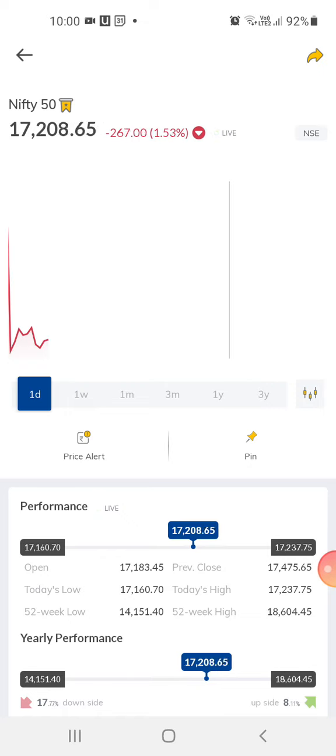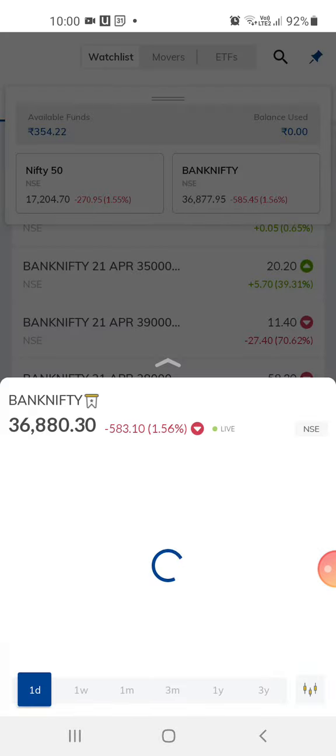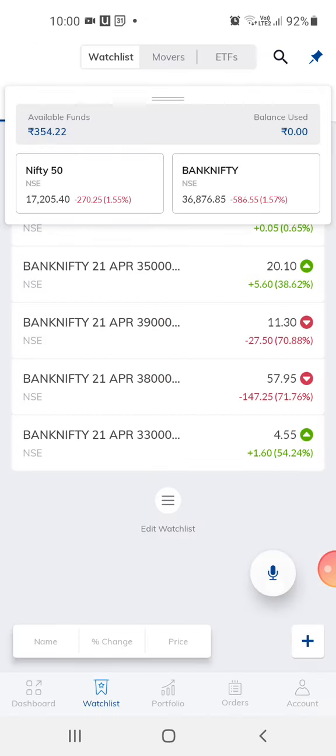Okay, so you need to have a little bit of idea, and you need to see what the news channel says. And mostly what happens is, whatever the news channel says, exactly the opposite of that tends to happen. So just keep that in mind. And Bank Nifty is about 36,900, or close to 36,900. So you need to keep that figure in mind.